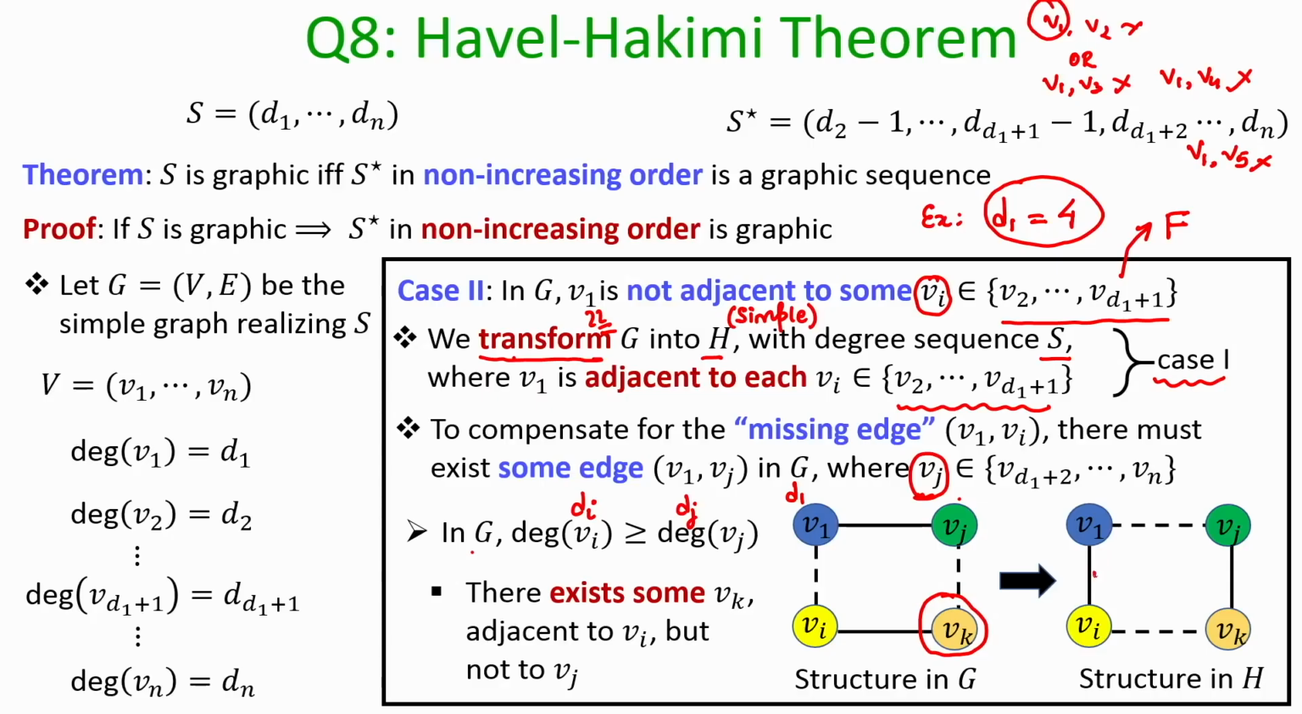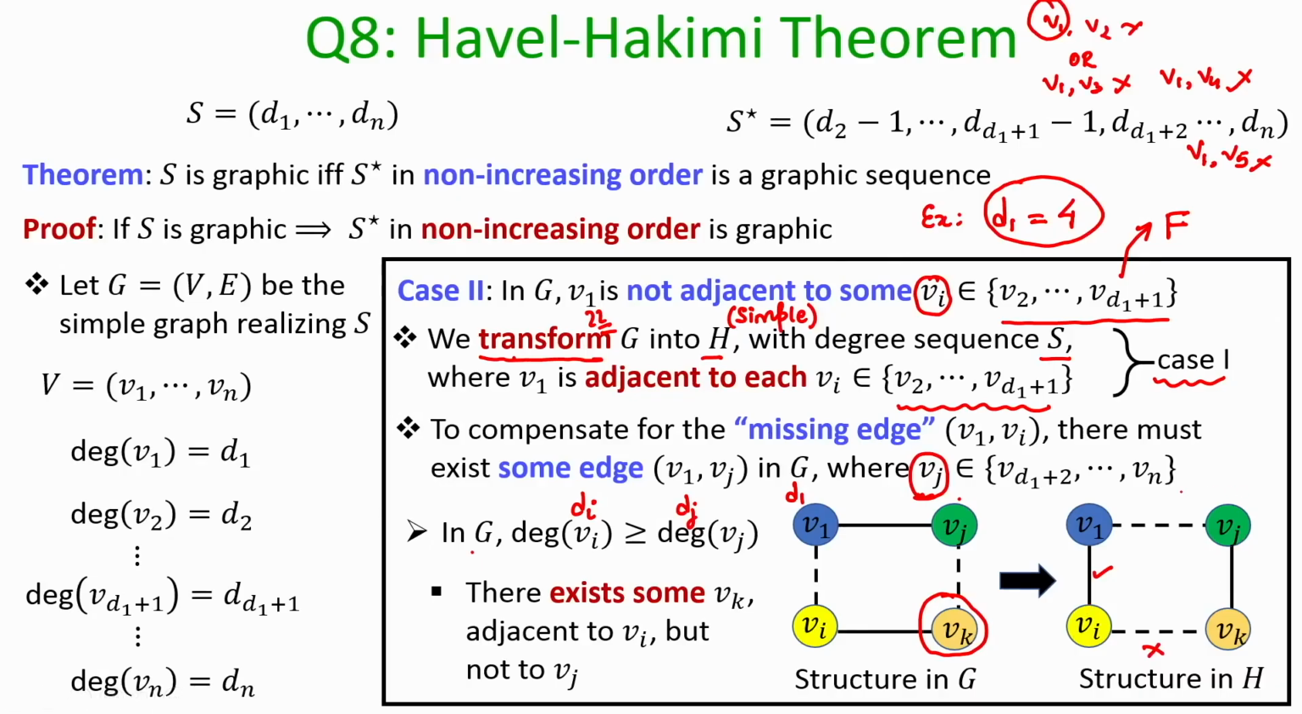So, I add that edge, but that will increment the degree of Vi. I do not want to do that. So, to compensate this new edge which I have given to Vi, I take away the edge which was earlier present between Vi and Vk. Okay. So, that ensures that the degree of Vi remains the same,